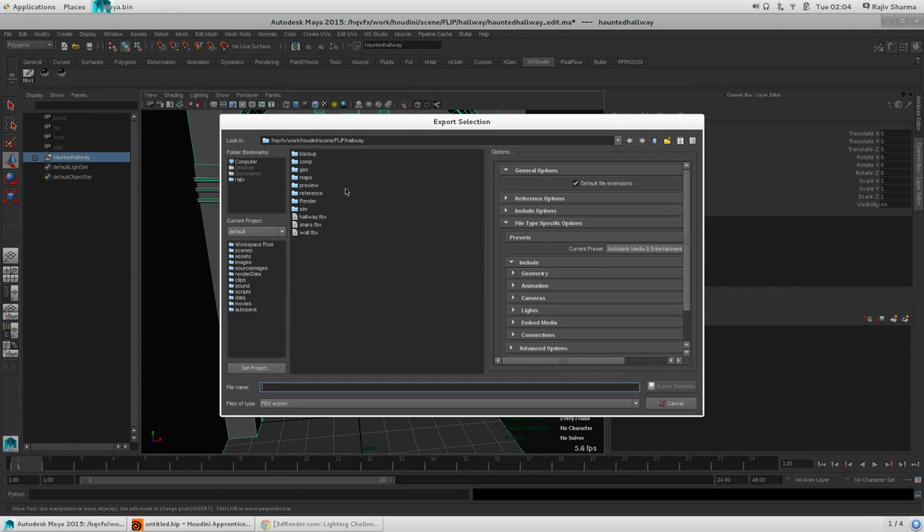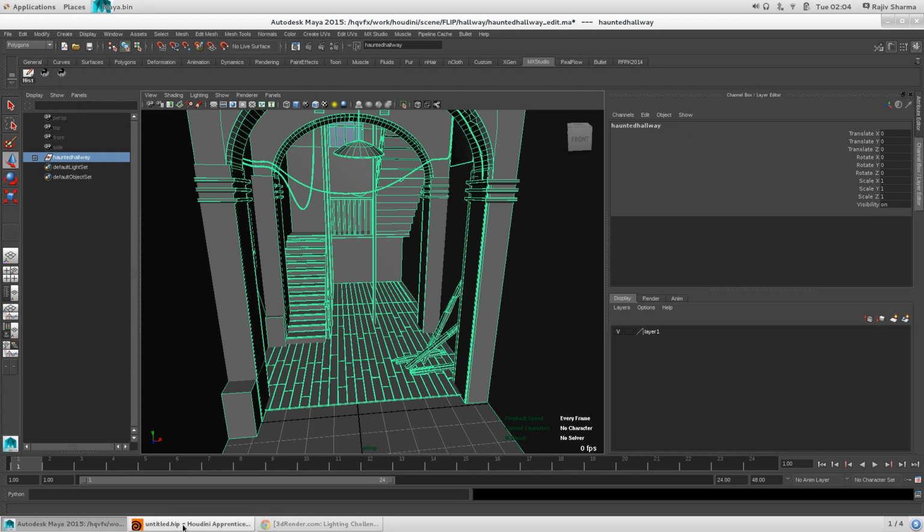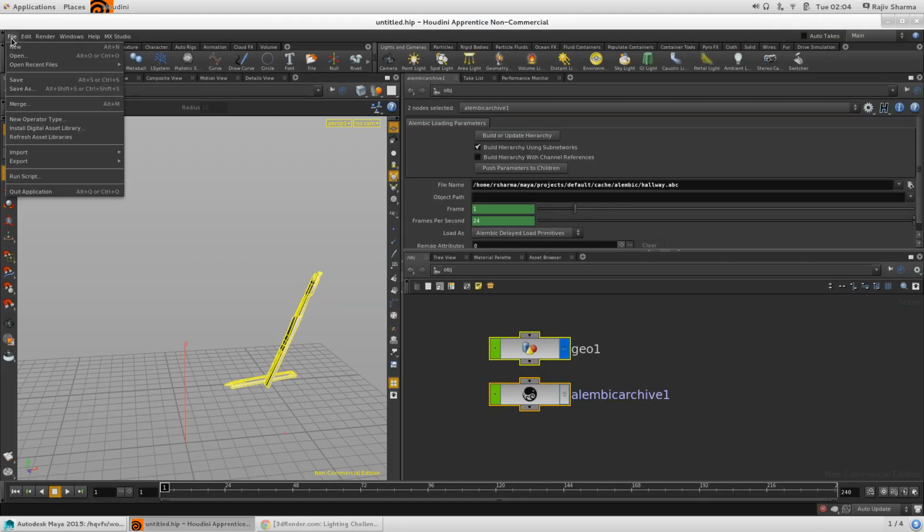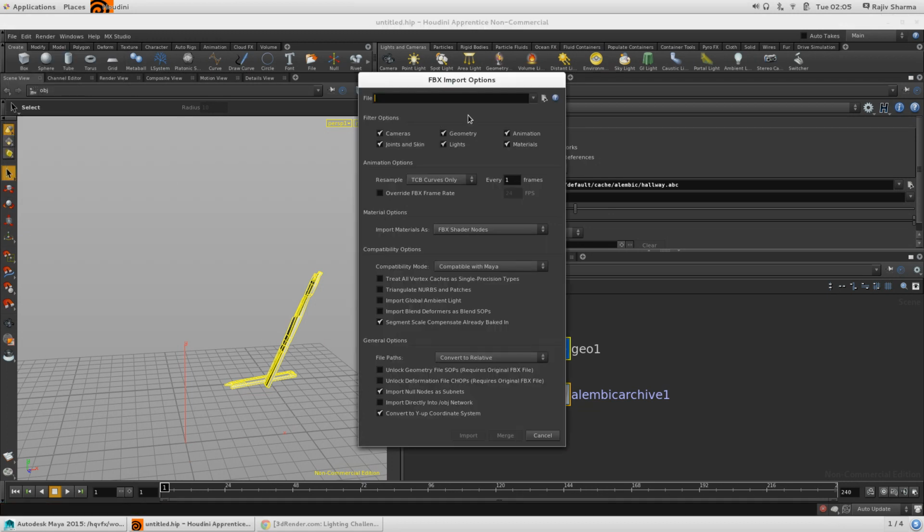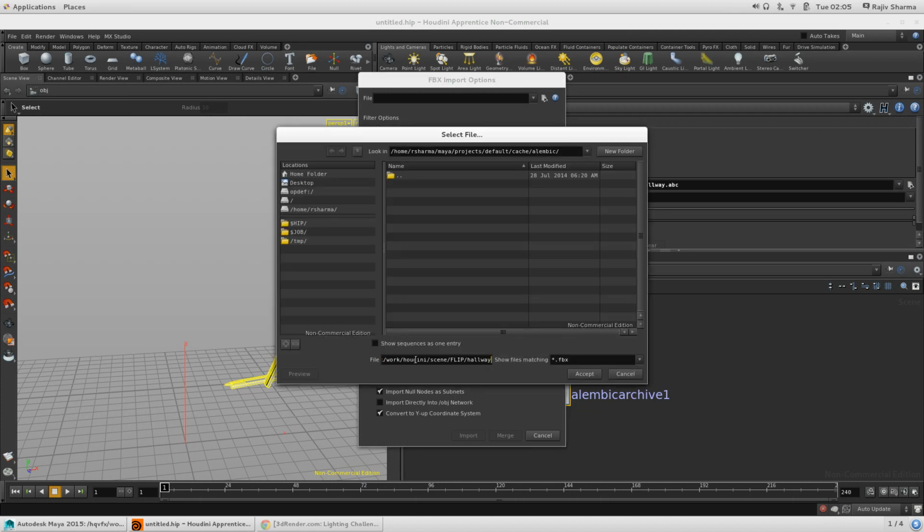location where you want to save that. I already exported that, so I can use this location, and I'm not exporting it again. You can just go to import, and here you can see the FilmBox FBX, and give the path here to your FBX file where you exported that. So you can see that FBX